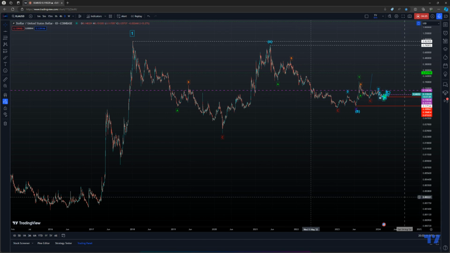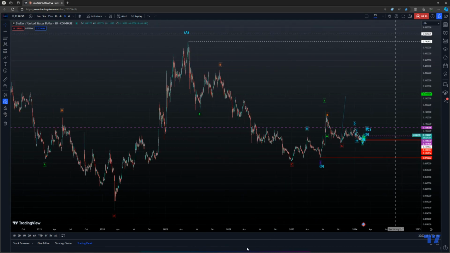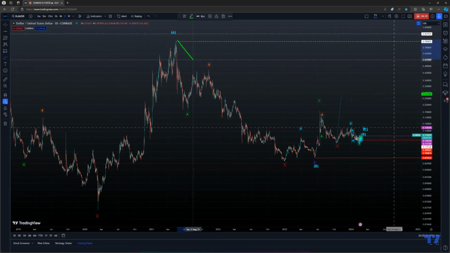And I haven't really changed the labels yet. I thought I'd actually do that live. And this is very interesting. There's a few components that I want to break apart here. The first one is this move. Remember when I said that this was a zigzag? I don't know if you've been around for a while, but I did say that this looked like a zigzag. Coming back and poring over the waves again, there's a good chance, I'm saying better than average chance, more than likely chance, that this is not an AB, but rather this is a wave A, zigzag,